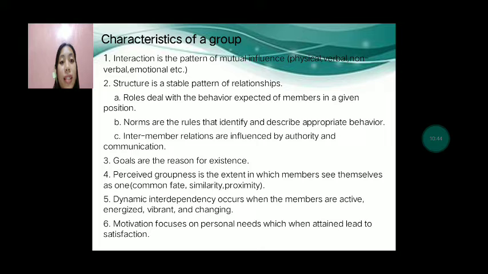Number 4, perceived groupness is the extent to which members see themselves as one. Common faith, similarity, proximity. As I said, in a certain group, if you have a common faith, similarities, or interest in different things, then the effectiveness of your group is very strong, and the relationship of each member within a group cannot be